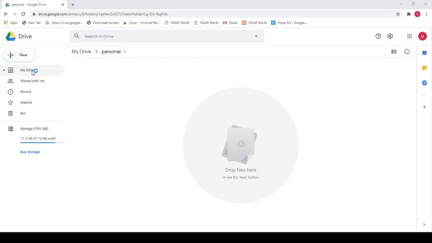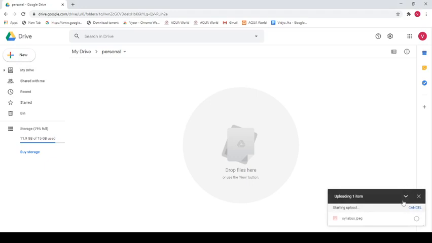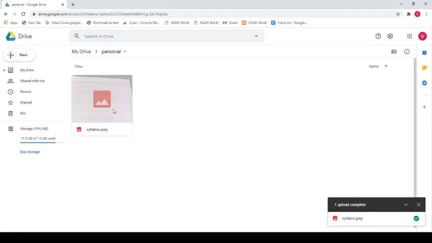Suppose this is file upload, right? There is a certain file which I have, and I want to post it here. Suppose this is one thing which is on my computer, and I want to post it here. So what I'll do is I select this file name and open, and the entire stuff will be uploaded to my personal folder.